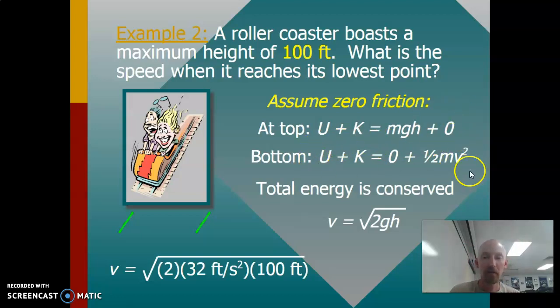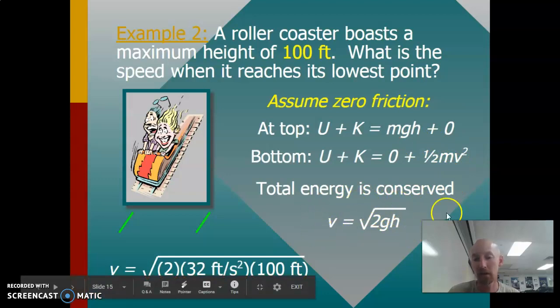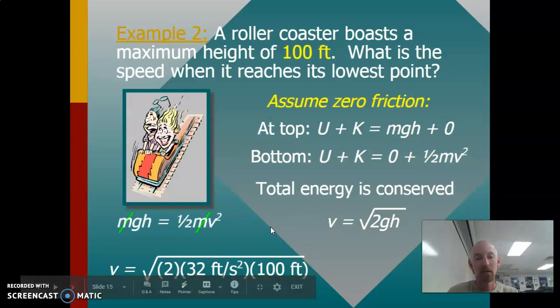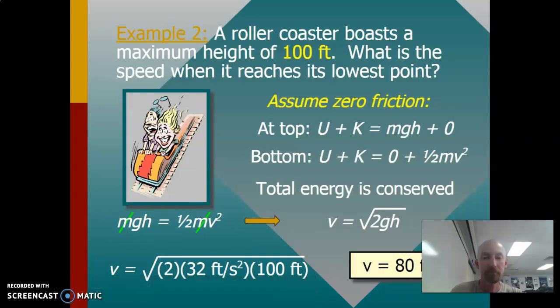And so when you have this equation here, at the top you have potential, no kinetic. At the bottom you have no potential and all kinetic. So what you end up with is mgh equal to 1/2 mv squared. The m's cancel out, you solve for v. You get this funky looking thing when you set this equal to that and solve for v. And that's what they've done here. The m's cancel out. There's an answer. The answer is boring.